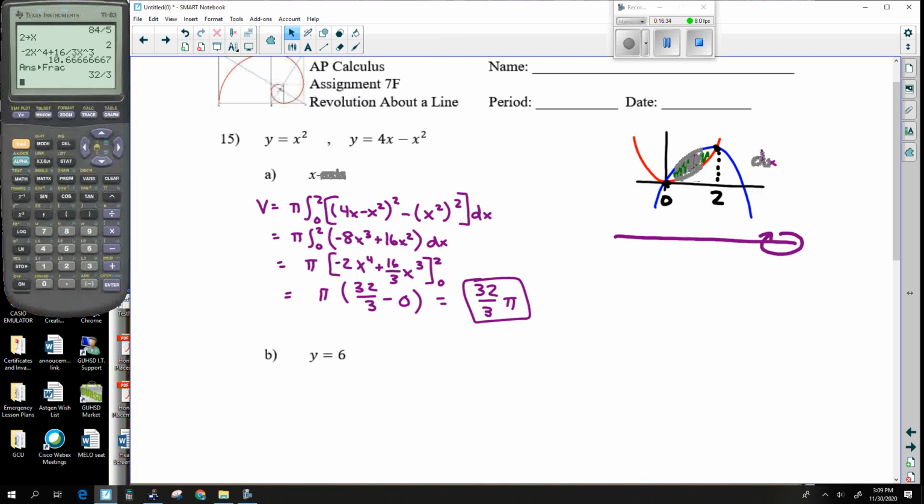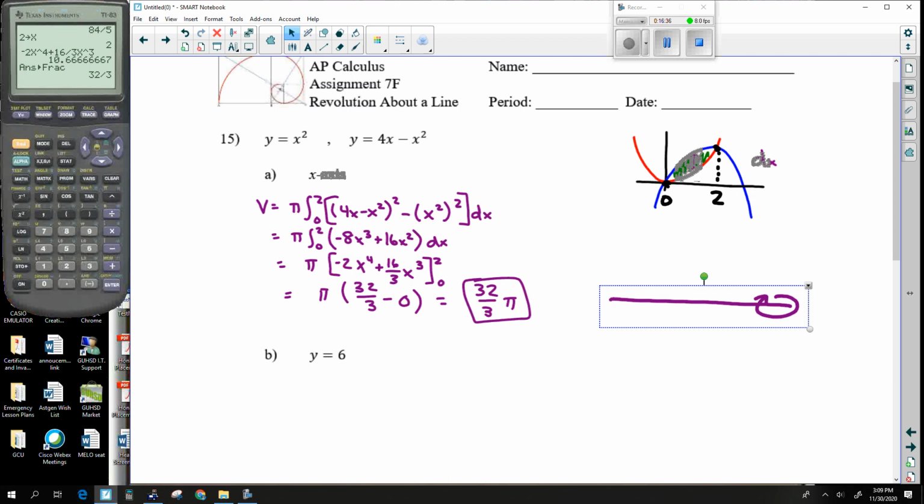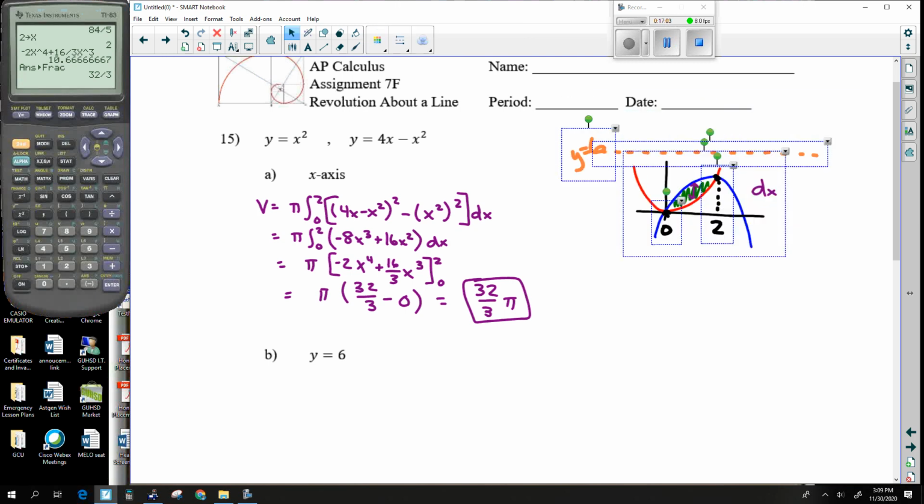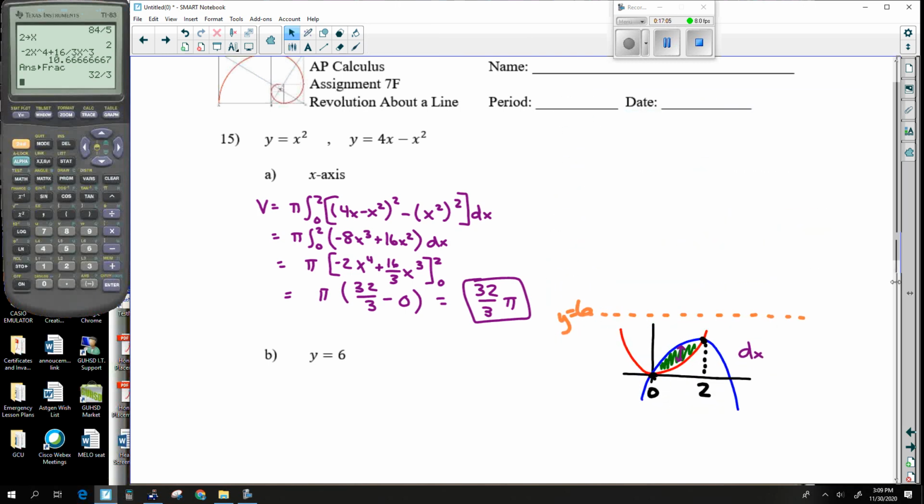Okay, now in this next problem, the axis of rotation is now at y equals 6. Excuse me, it's still a horizontal axis, and it's moved to y equals 6. So it's moved way up here, where y is equal to 6. All right, so how do we move the axes as far as the